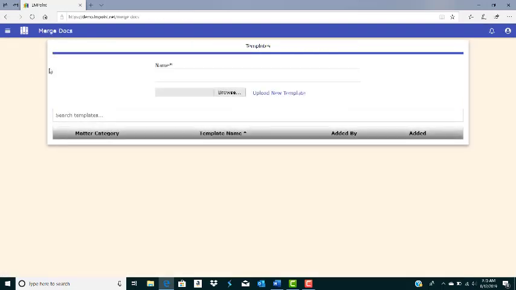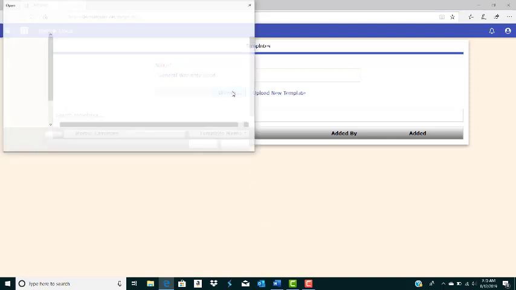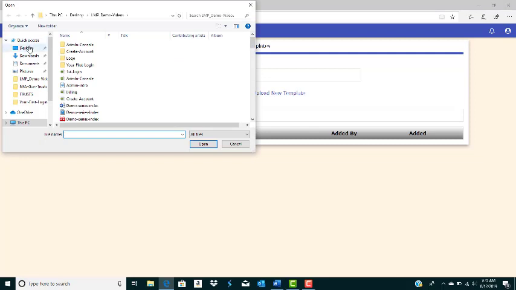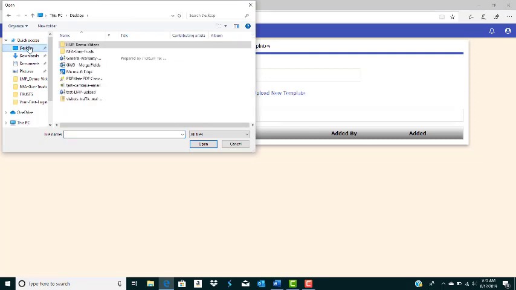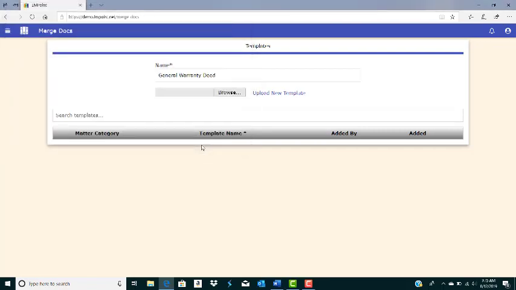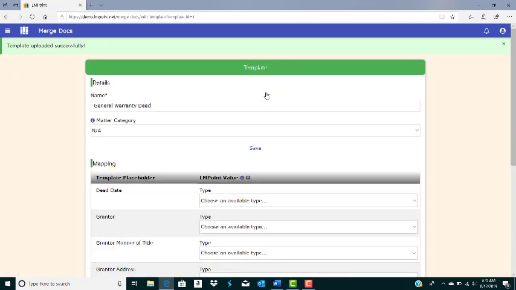The completed questionnaire looks like that. At this point then you would name the template in the system, browse to your desktop, find the document template that you just created, select it. Here it's the general warranty deed that I set up with the merged data elements. Upload it, and then you will want to